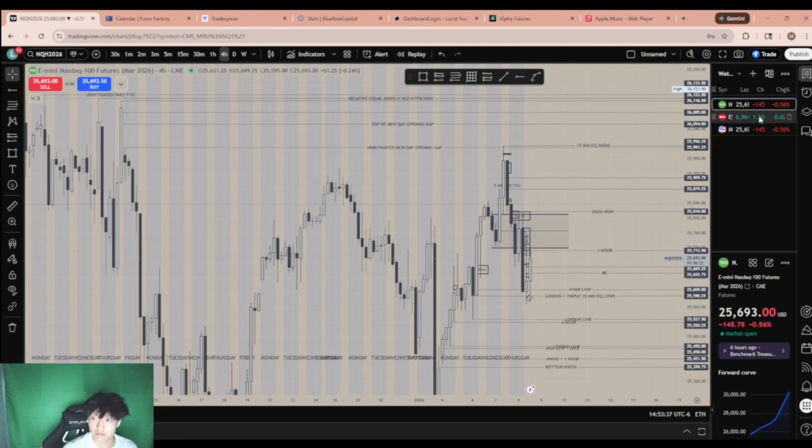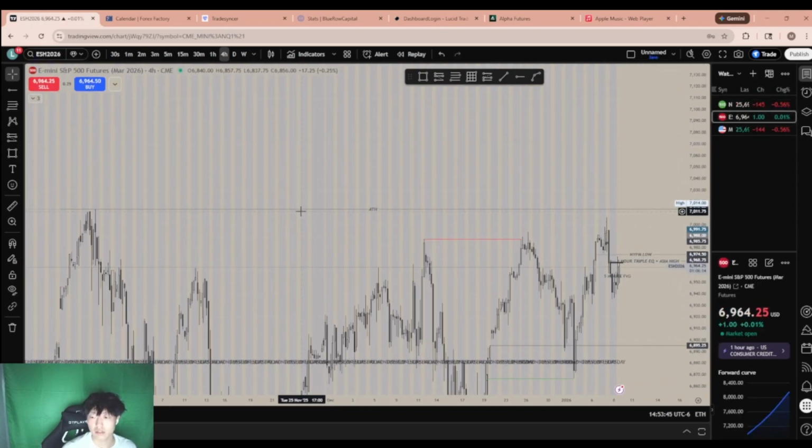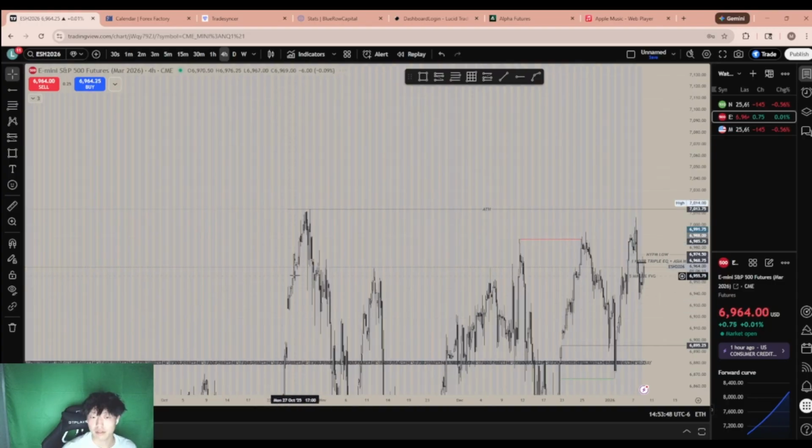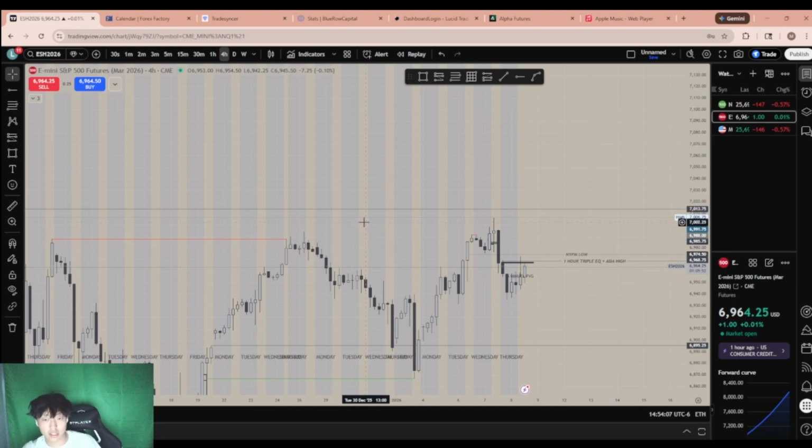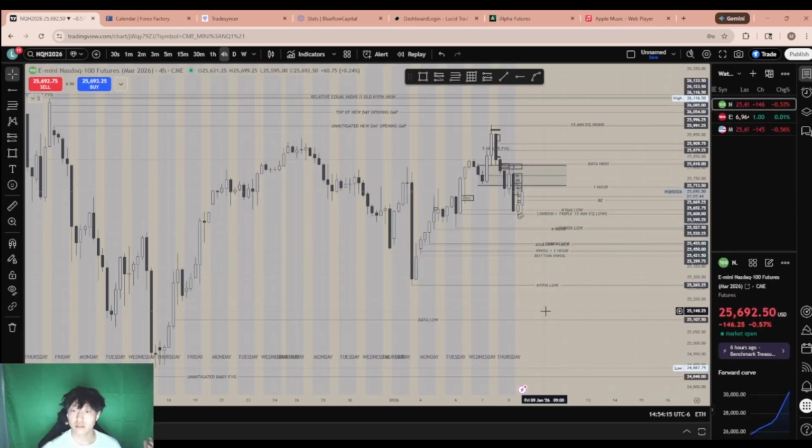So NQ hit this unmitigated new day opening gap yesterday. I wonder what. We swept this, but that would have been different. We almost got all-time highs. But yeah, this is a whole different thing, I think. So the new day opening gap was the liquidity sweep from NQ to make ES go down. That's why ES was leading yesterday to the downside, because NQ was the one that did the sweep, and then it started a reversal, which I hope makes sense.